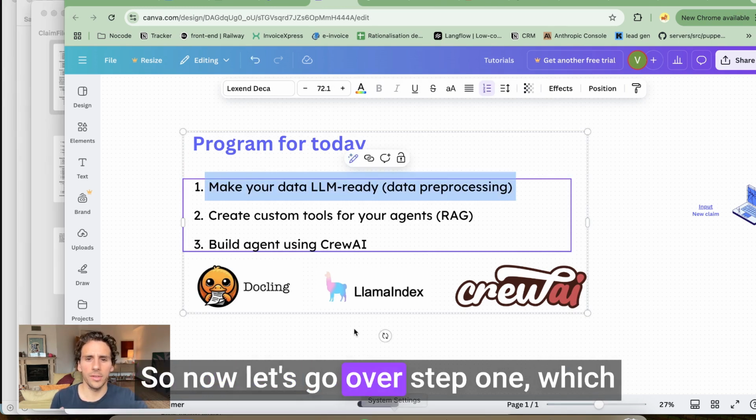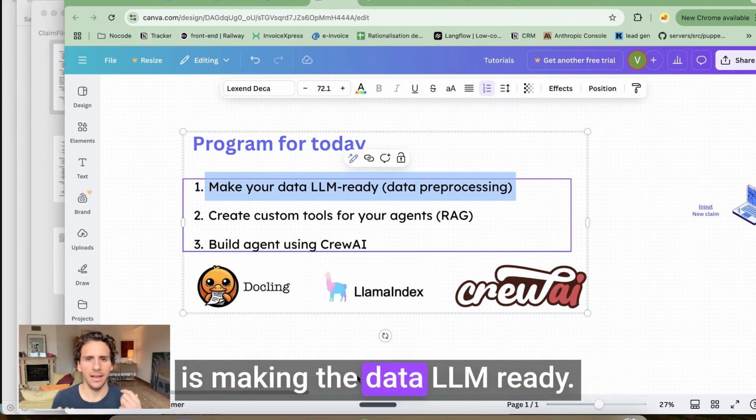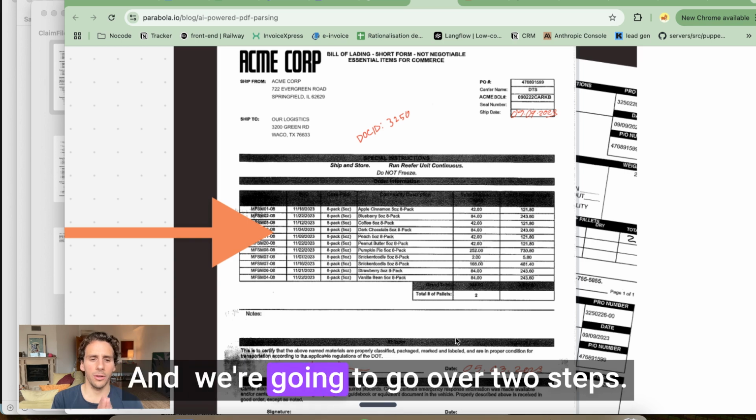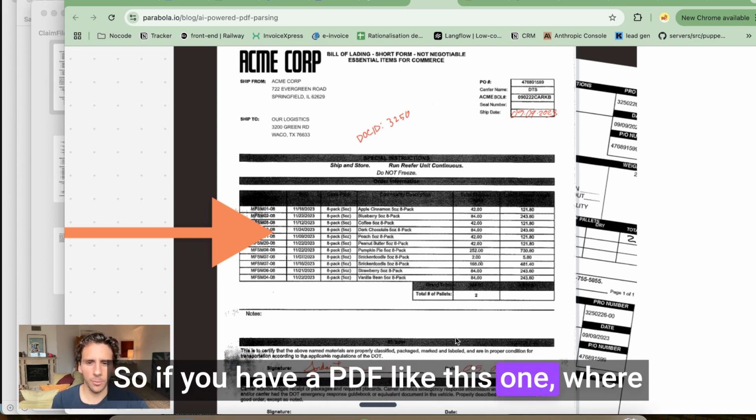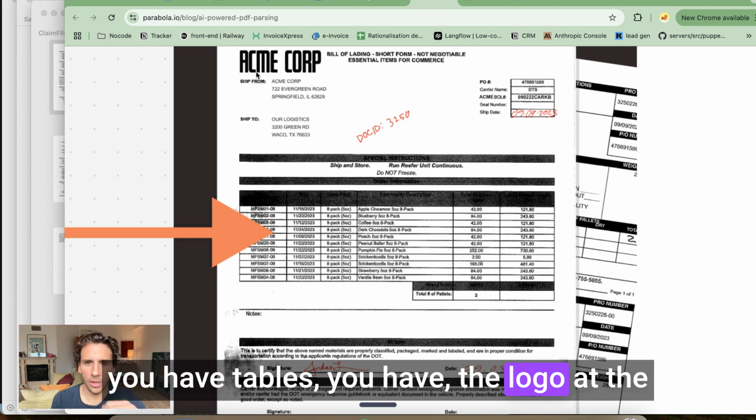So now let's go over step 1, which is making the data LLM ready. And we're going to go over two steps. The first one is parsing documents. So if you have a PDF like this one, where you have tables, you have the logo at the top